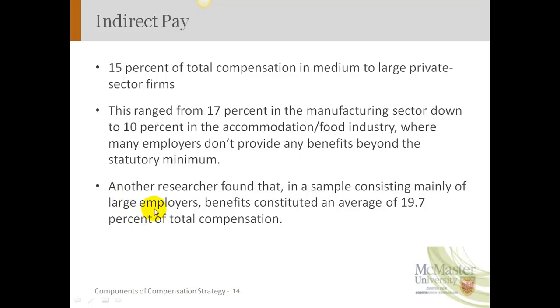So you could have things like the banks, any large company might be prepared to pay up to and even in excess of that much. So again, the company has to determine within that 40 to 70% of that operating budget, how much of that is going to be dedicated to indirect or benefits.